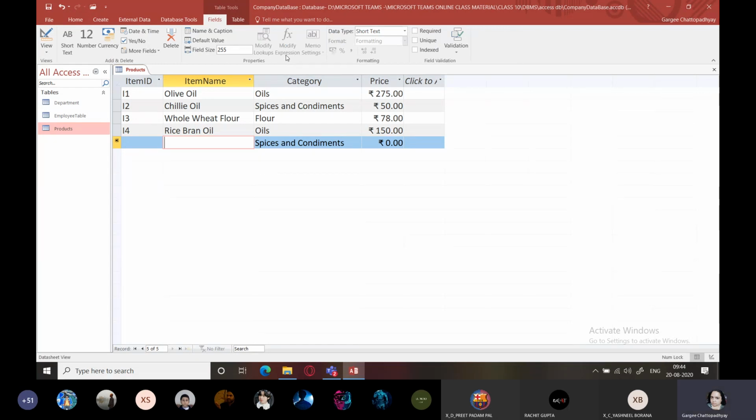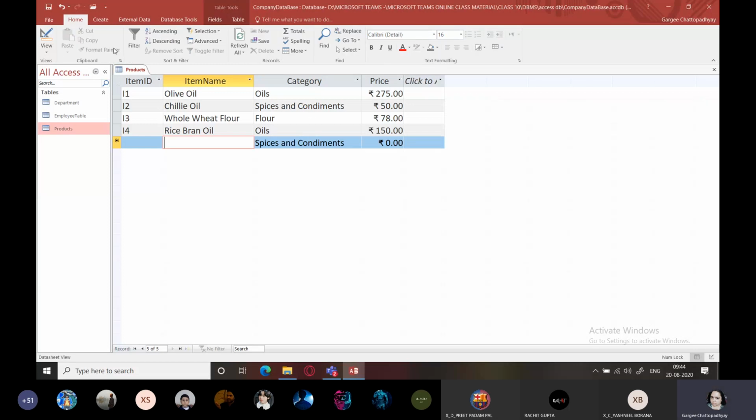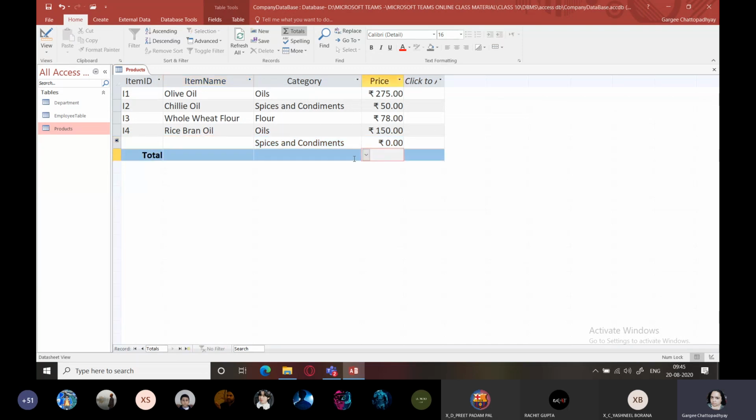and fields, and one second. Yes, you can go to your home tab. Within the home tab, you have to go to the records group and you can click on this button that is totals. Now, when you go to totals and you click on any numeric field, you will get a drop down arrow. Click on that and you can select from a number of different functions like sum, average, count, maximum, minimum, and so on.